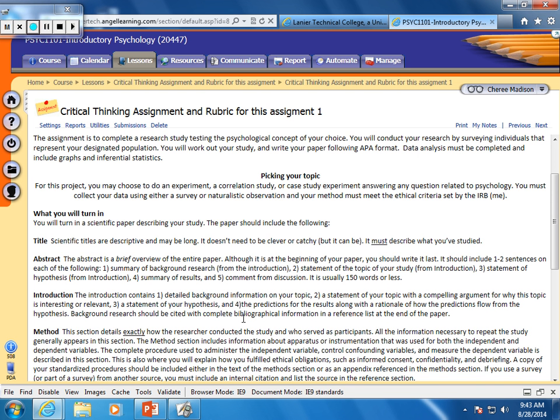Where did it come from? Who else did research on it? Why did you pick it? What is your hypothesis about the research? This is probably where you're going to place your 2 references that are required in this paper. Usually this is where you want to place them because you're giving me history, you're giving me background of the